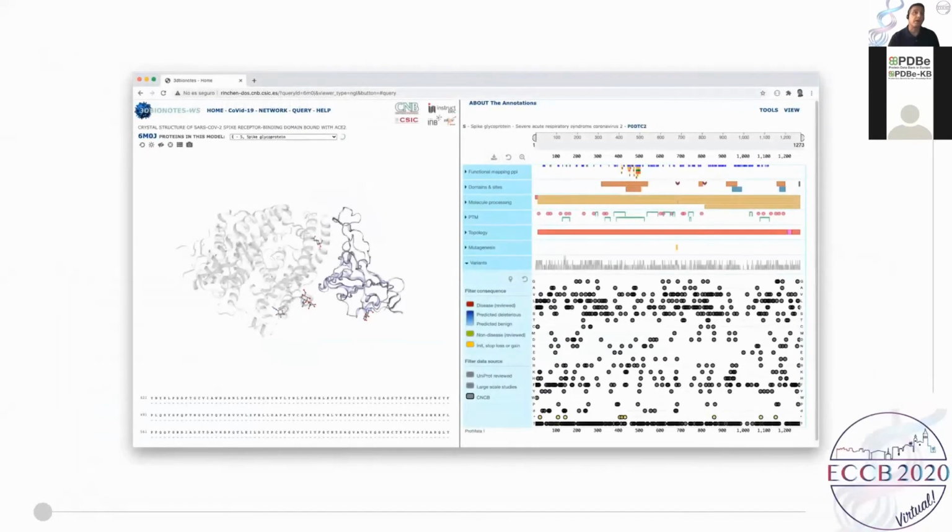Also, we have a special track for genomic variants that have been collected by the China National Center for Bioinformation. Here you can see different rows of aggregated data with several mutations at certain positions. Most of them are uncharacterized, but you can refer directly to the source of the data also.